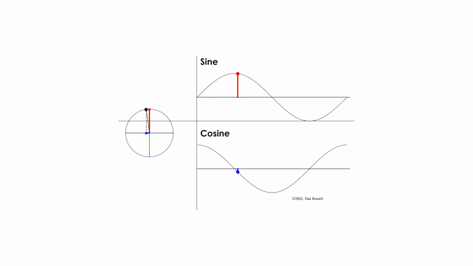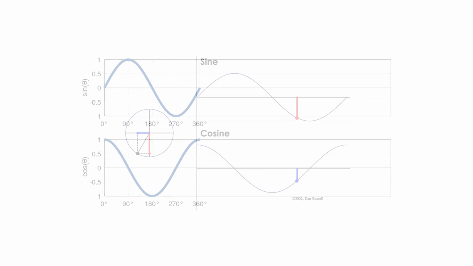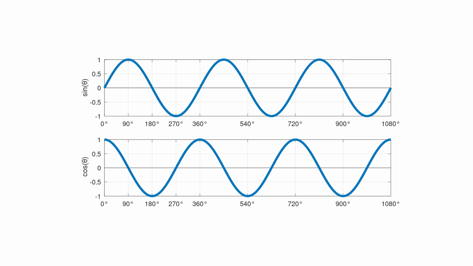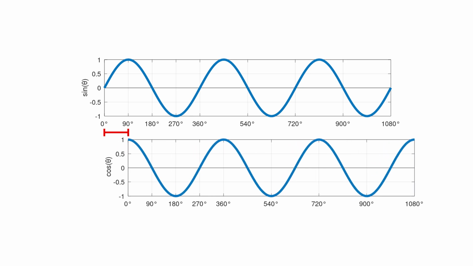This is another animation where we can appreciate the relationship between the circle, the sine, and the cosine. Another way to interpret this is that the sine and cosine are the shadow of the radius on the vertical axis and the horizontal axis respectively. If we extend beyond 360 degrees, the pattern just repeats itself. Here, the cosine looks the same as the sine, just shifted a bit to the left. In fact, we can think of the cosine simply as a sine shifted 90 degrees.